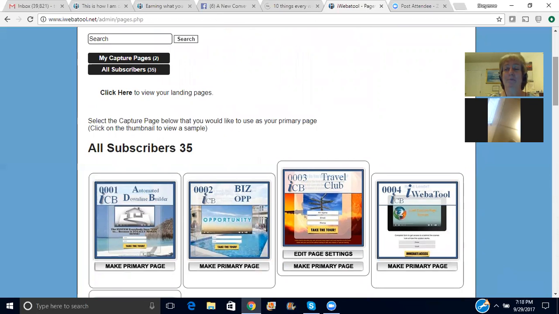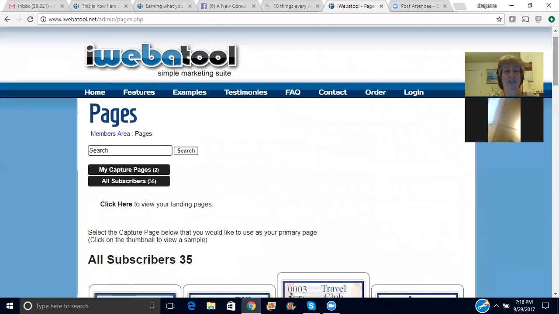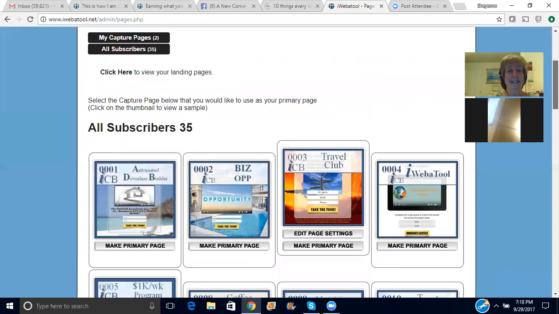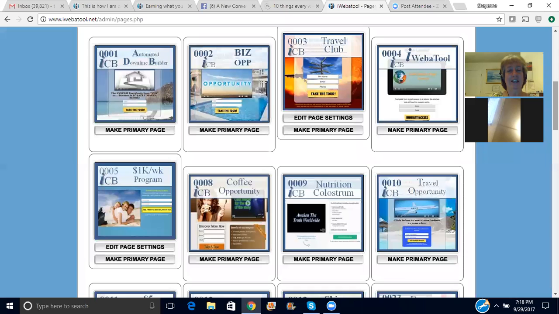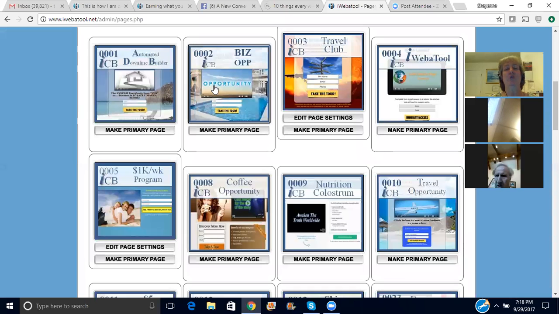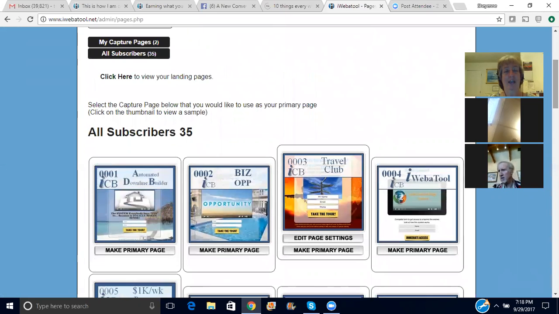What I want to mention about these capture pages is to think of them as a book with 2 pages. Just imagine a regular old book with just 2 pages. What I want you to hear is that these capture pages are page 1 of 35 different books in here. If you click here where it says view your landing pages,